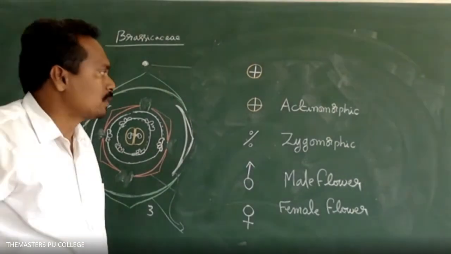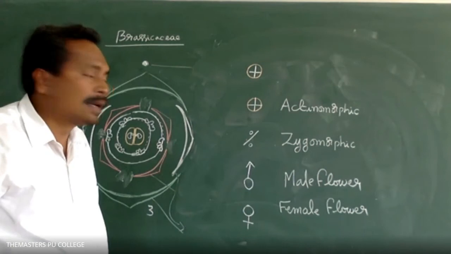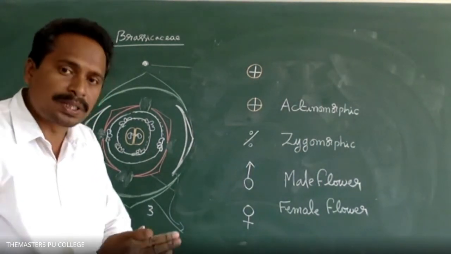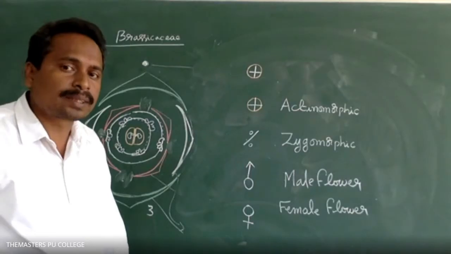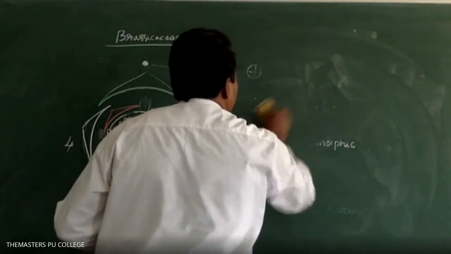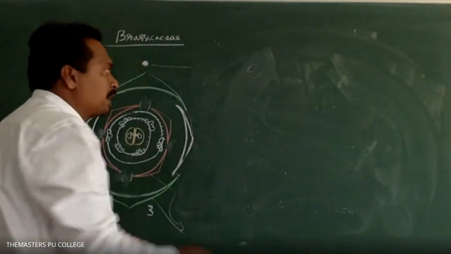So, zygomorphic, male flower, female flower. And gynaecium, how many types of gynaecium are there based on the position of the ovary with respect to the other floral parts? Three: hypogynous, epigynous, and perigynous. In hypogynous flowers, the gynaecium is denoted as